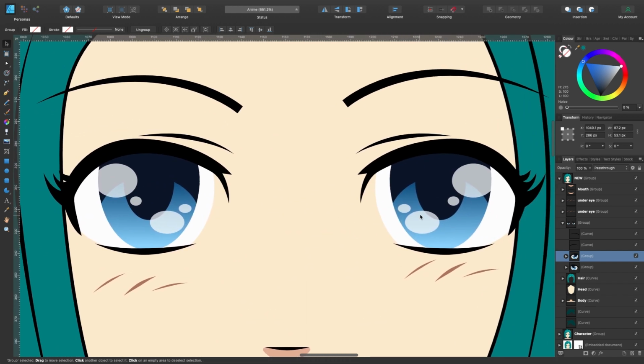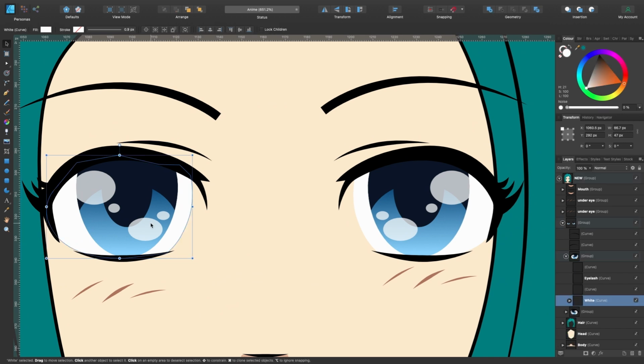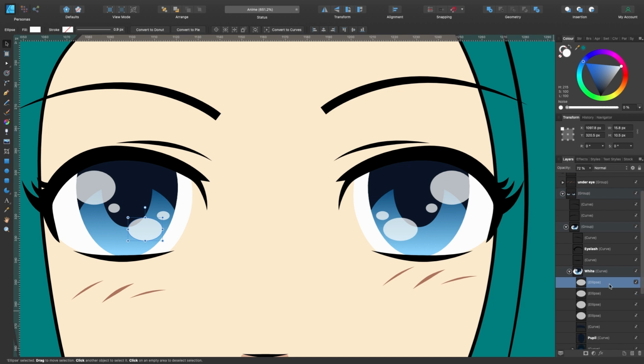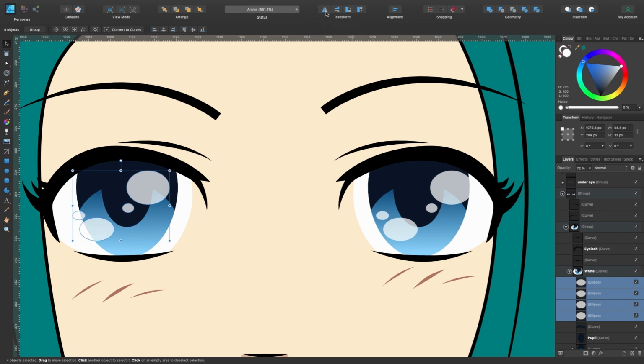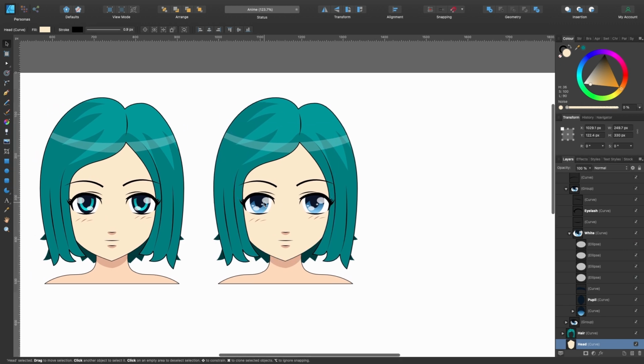And as you can see, obviously it's flipped the reflections on the eye. So I could just double tap to go into my reflections, and in the layers panel, I can see them all here. I could just go up to transform again and press flip horizontal, and then just drag it to wherever you think it should be. So maybe somewhere like that. Okay, let's zoom out. Our eye is complete.